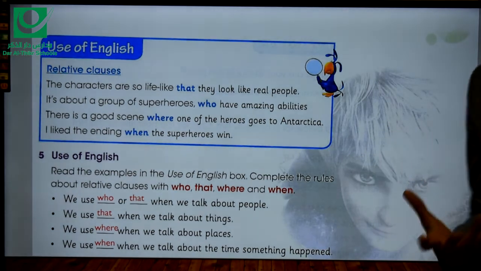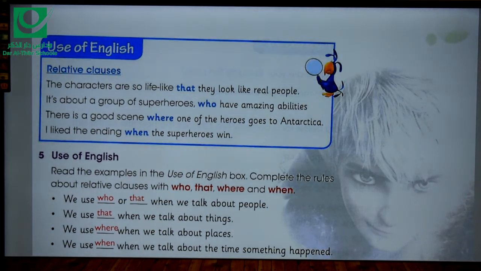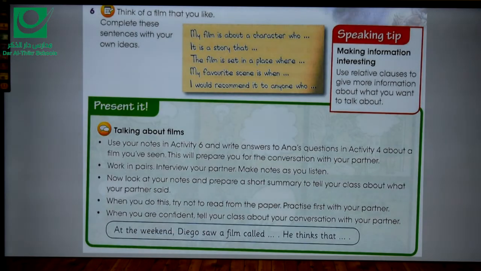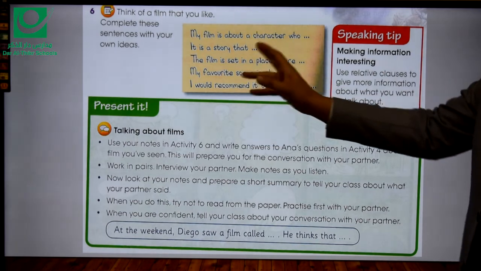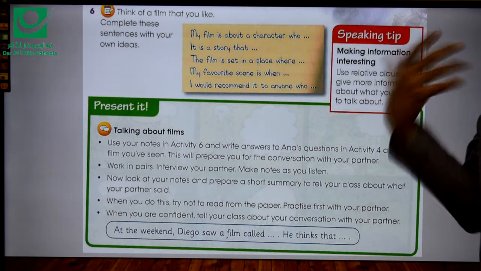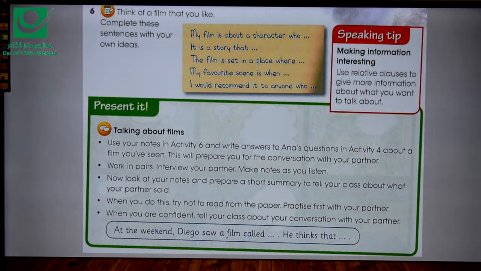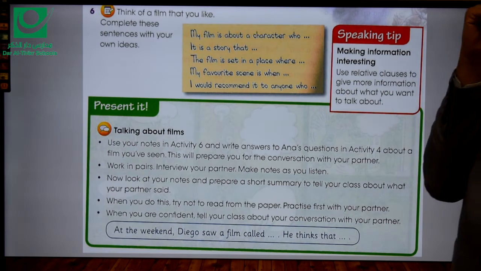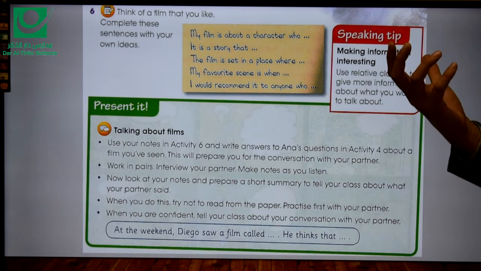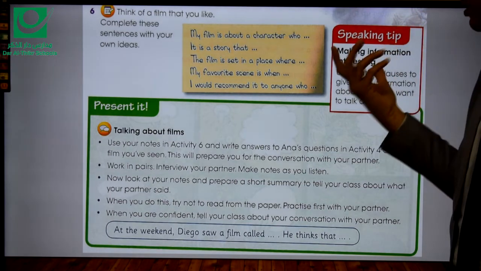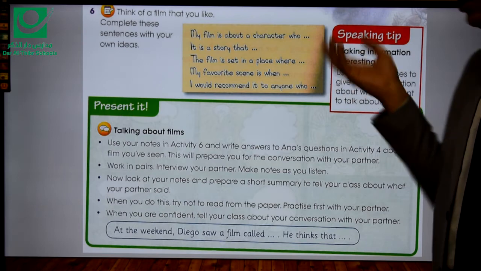How about forming the examples or the sentences? We'll know more about them now here in the coming exercise. Think of a film that you like. Complete these sentences with your own ideas. My film is about a character who... Complete this sentence. Say it to yourself. I can complete it saying, my film is about a character who